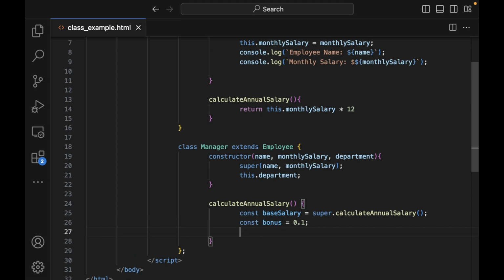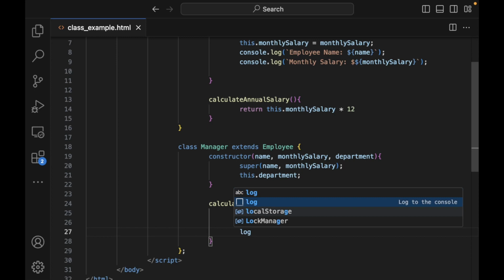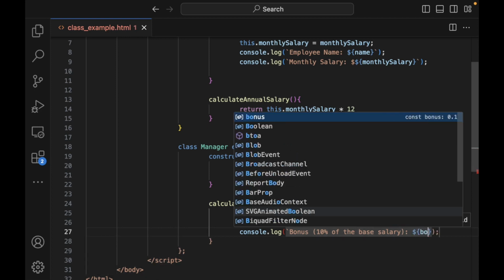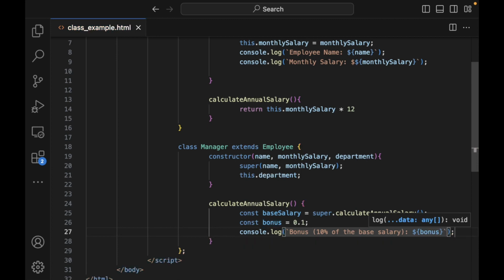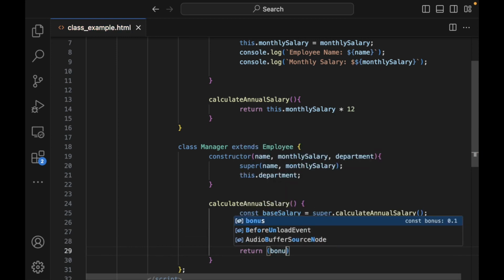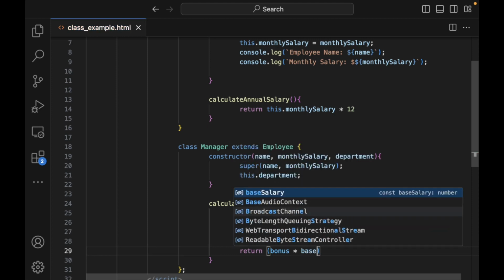All right, so then let's do something like log and say bonus 10% of the base salary. And we'll say here, again, we want it to spit out the bonus. All right, good. Now, the last thing we want to do here is return our bonus calculation. So we'll do bonus multiplied by our base salary